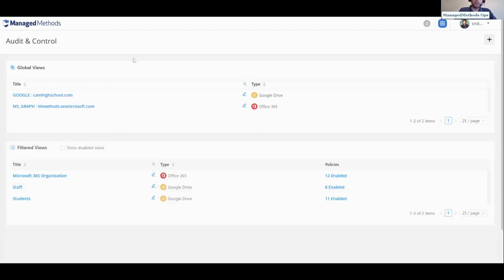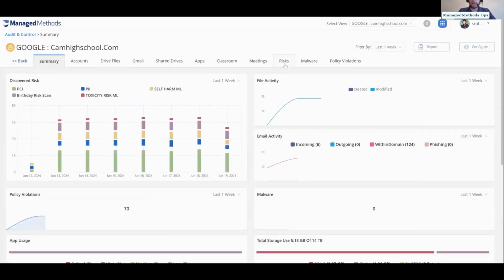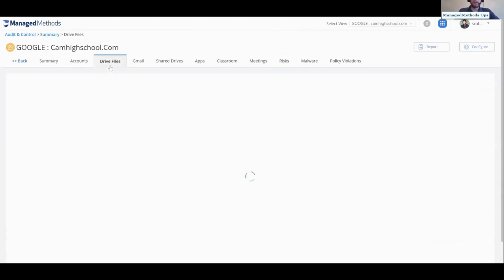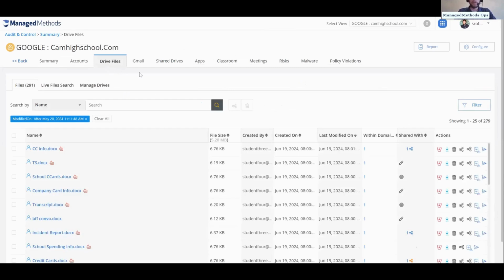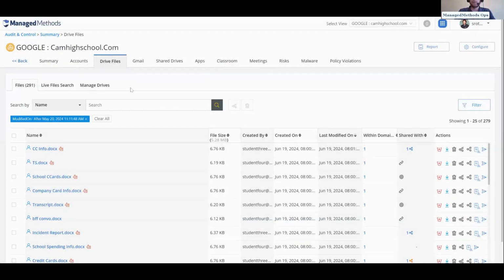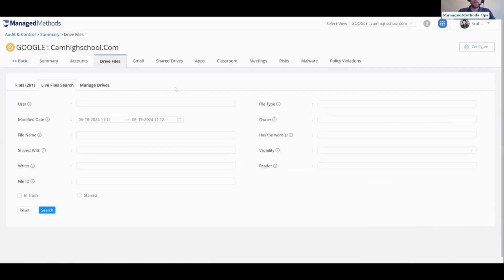Now that we have gone over the risk section, just from the specific definitions, we'll notice again from the risk tab there are plenty of details to review based on the risk results. However, there also are cases where risks come up that aren't flagged by the platform yet, but have been reported to you by internal members or employees. It's great that our platform will show you things that are active and currently being flagged and finding things of concern. However, if somebody reports to you, hey, there's a student that keeps mentioning a specific subject or topic, or even specific words or phrases that we want to keep our eyes out for,